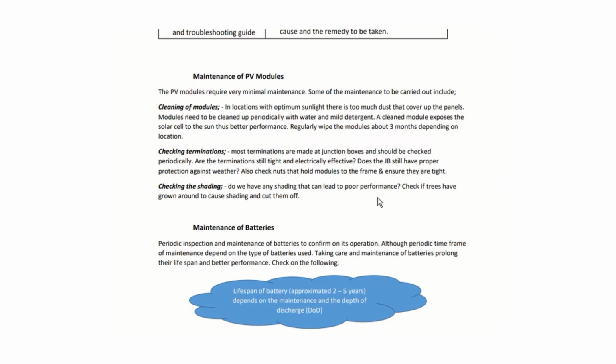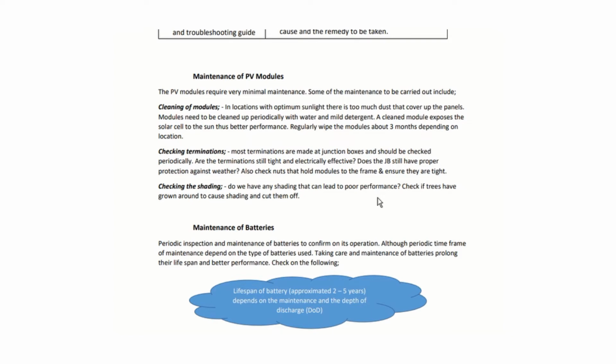When you are mounting the panels, you check, but because nature and trees continue to grow, at one point after some months you find that trees have grown. So you must check, do you have any shading around? And if there is shading, what is causing this shading? Those trees need to be cut to allow the entire panel to be exposed to sunlight for maximum